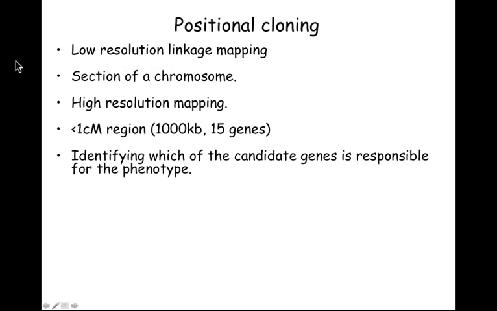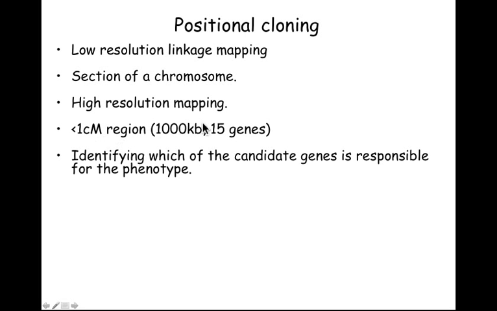So one of the first things you need to do is a sort of low-resolution linkage mapping, which is to try a bunch of markers and find a marker that's linked to your gene at all. Once you find that, it will tell you what section of which chromosome your gene is on, and then you can proceed with high-resolution mapping, which is not much different than low-resolution mapping, but just trying a lot of additional markers in this region to find markers which show tighter and tighter linkage. And once you get down to a very small region, which may be something like 1,000 kilobases,